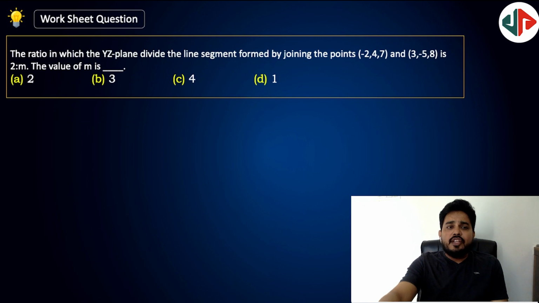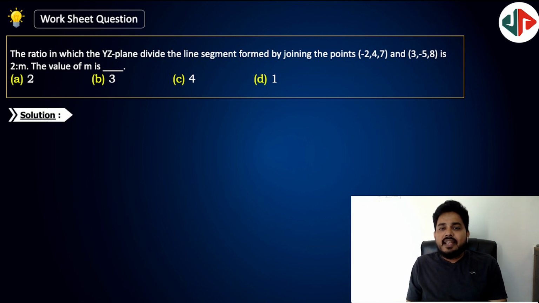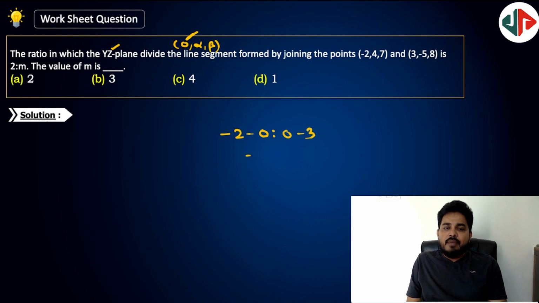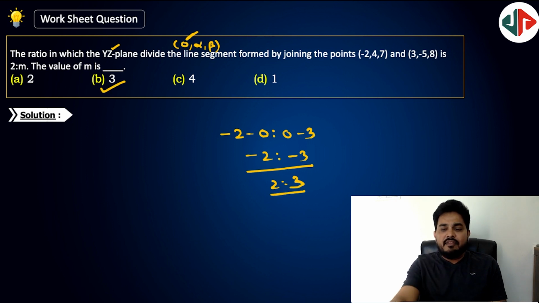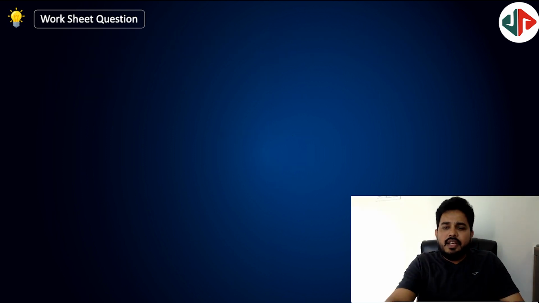The ratio in which a YZ plane divides a line segment. So again the same story. Any point in this YZ plane is 0 comma alpha comma beta. So I will take this one: minus 2 minus 0 is to 0 minus 3. So minus 2 is to minus 3. Okay, so it is 2 is to 3 ratio. So M value will be equal to 3. So the next question is